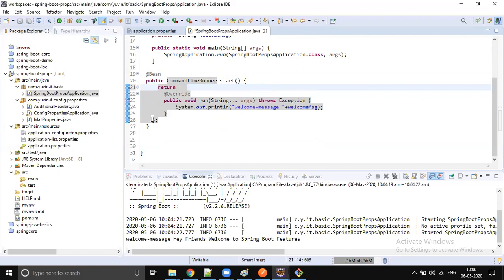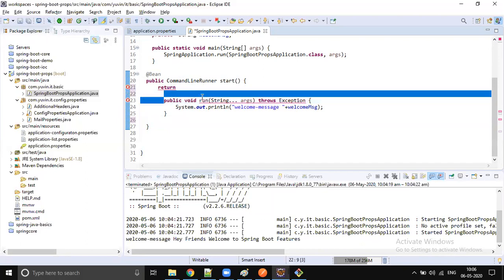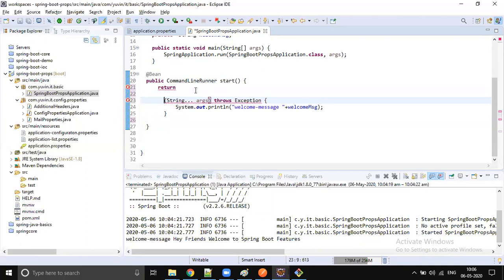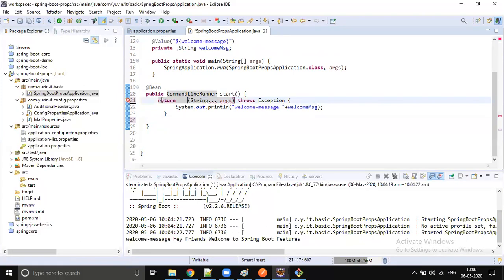So remove this anonymous class implementation, remove override, remove the method name, return type, access modifier, and throws exception also. Keep just one arrow between the parameters and the implementation.